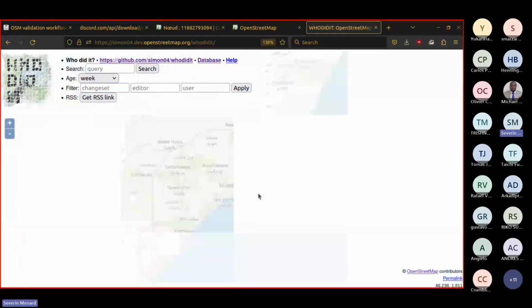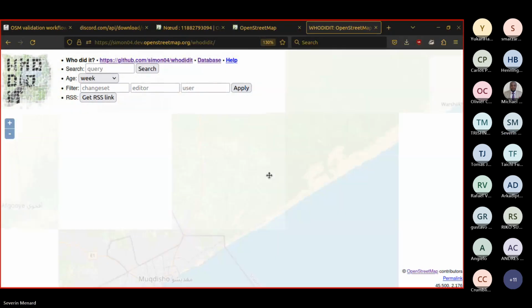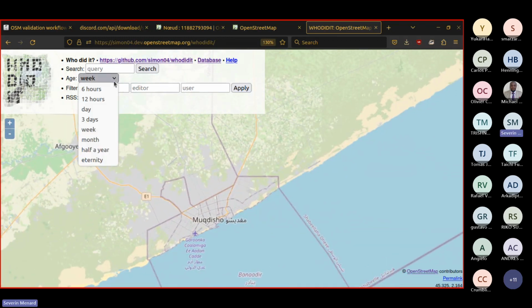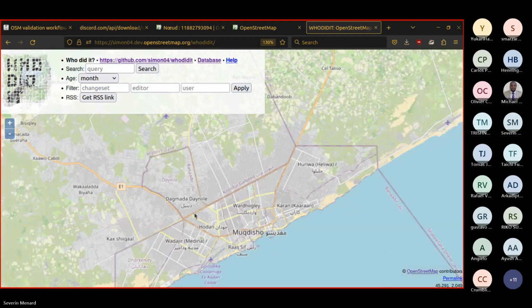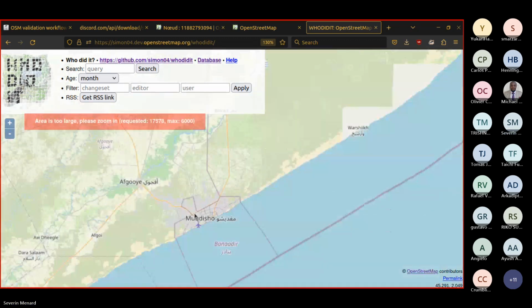a lot of data, but it's really vivid. There's a lot of contribution there. So week, apparently nothing. Let's put a month. Is it working? Too large.